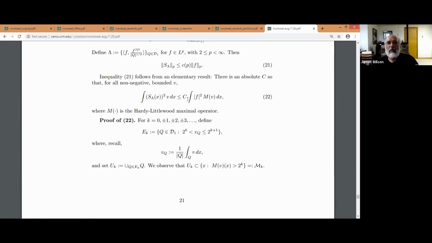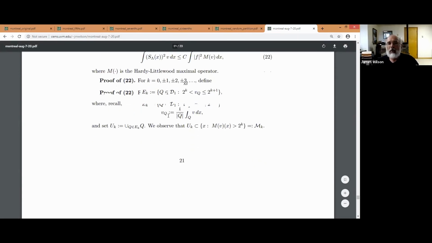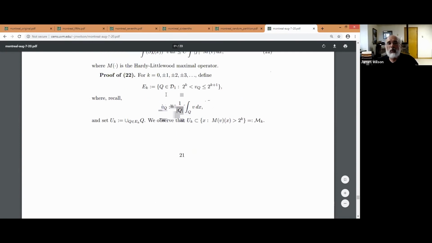Once you have this, then this immediately gives you that the LP norm of s of lambda is bounded by a constant times the LP norm of f for p in this range, p between 2 and infinity. And the proof is quite simple. For k equals 0, plus or minus 1, etc., E_k is a set of cubes having this property, where the average of v is between 2 to the k and 2 to the k plus 1. And you're going to let U_k be the union of all these cubes, the Q's in E_k,